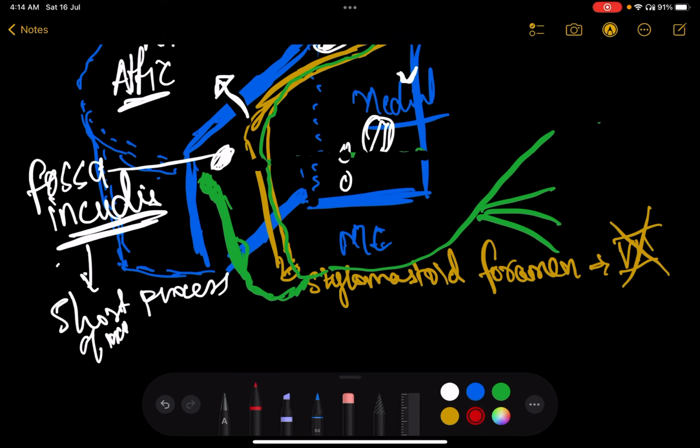What the heck is that thing? Well, the facial recess, don't get tense, it's not any other landmark. We are done with landmarks, or we are done with structures that are facing. But what this essentially